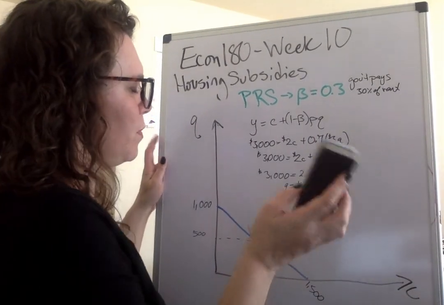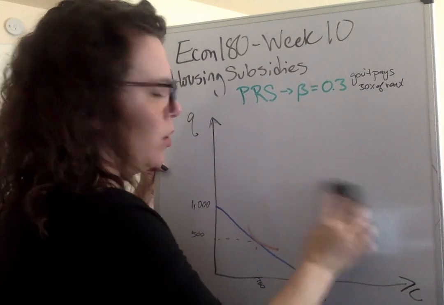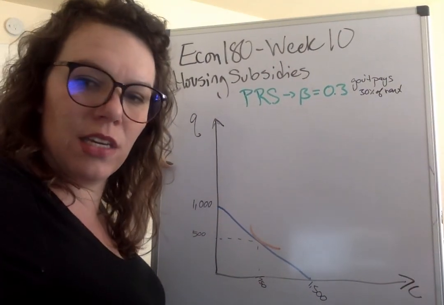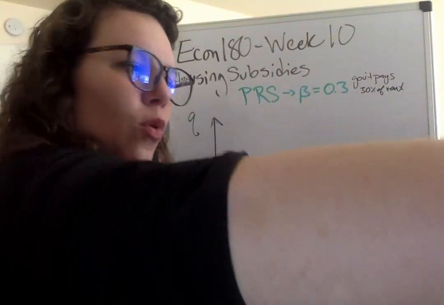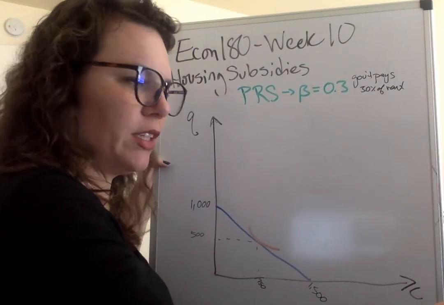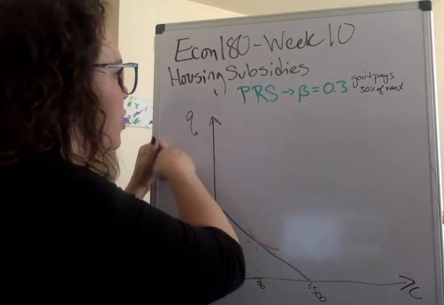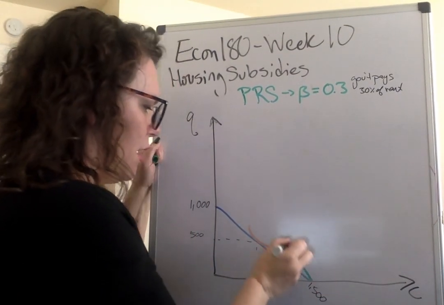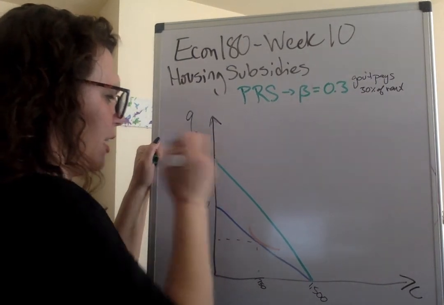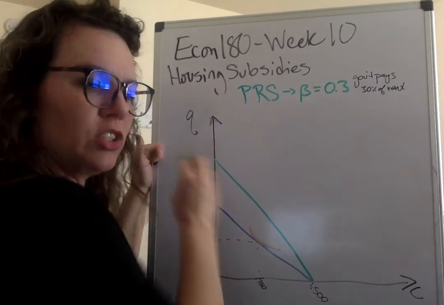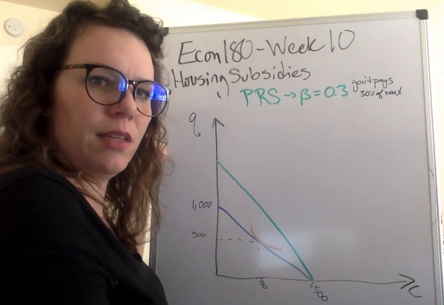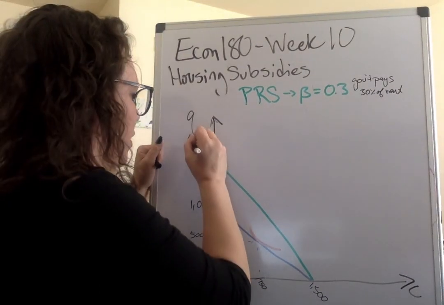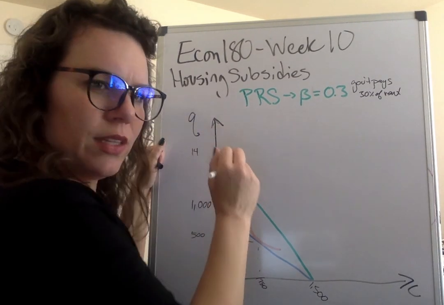So now we know we have a steeper slope. We're going to see our household consume a lot more housing and maybe some more of everything else. We do tend to assume that they're going to consume more of everything else just because everything else is a normal good. And so when their income goes up, which it has the effect of rising their income, we're going to expect them to tend to consume a little bit more of everything. But the book makes the point that it is an ambiguous outcome. It's not necessarily certain. So this is 1,429